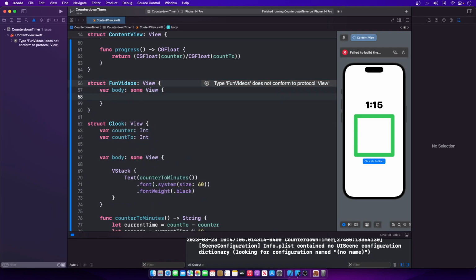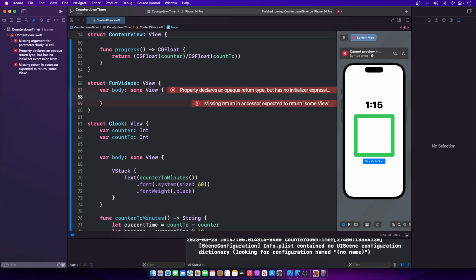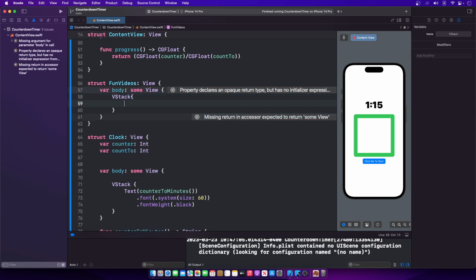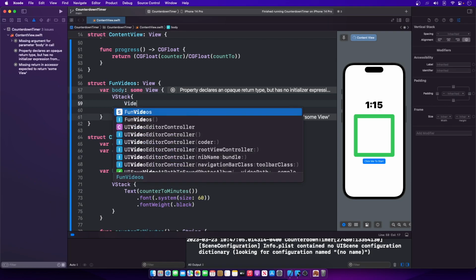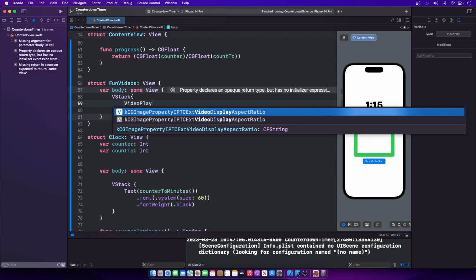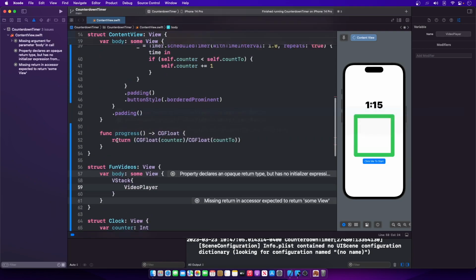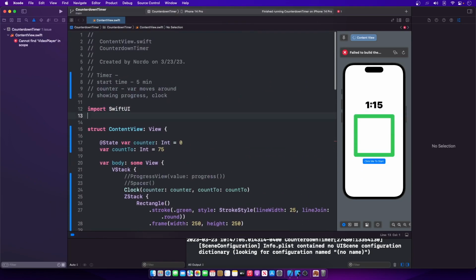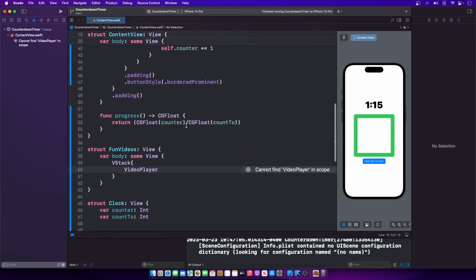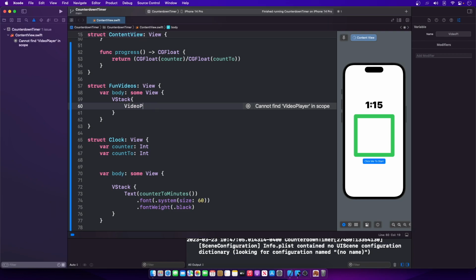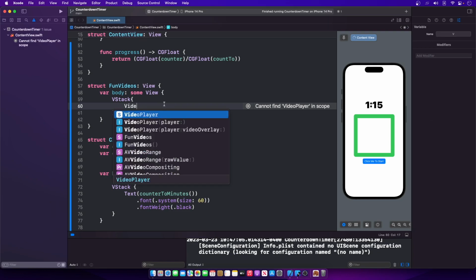All right. So in this fun video section, what I want to do is basically create a VStack and just really drop a player in here, so a video player. Now, video player won't be recognized because I have not added in my AV kit. Right? So I added my AV kit for that, and now video player should show up. So now we're going to do a video player,